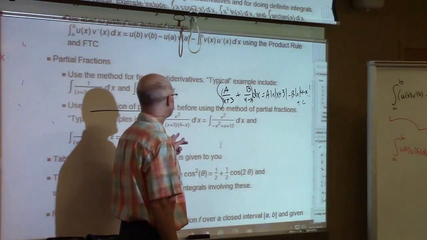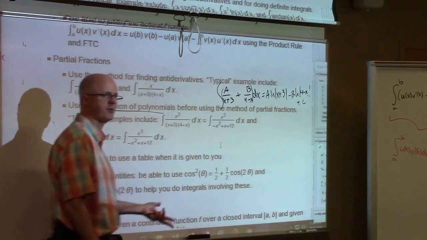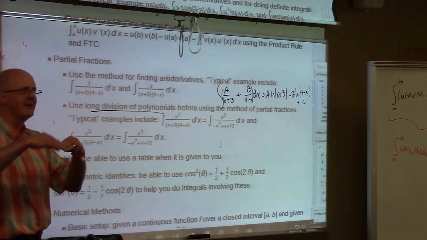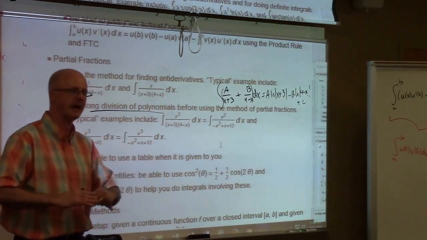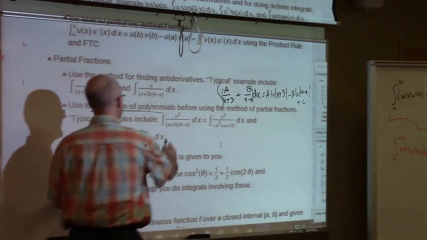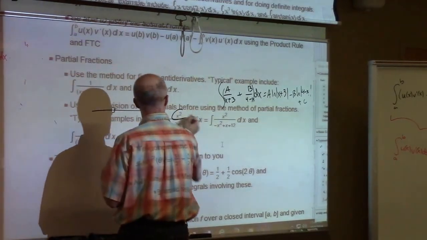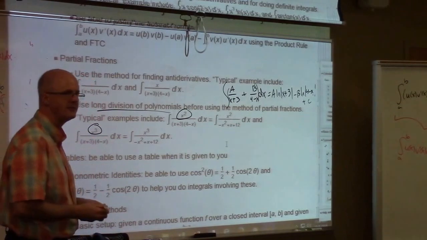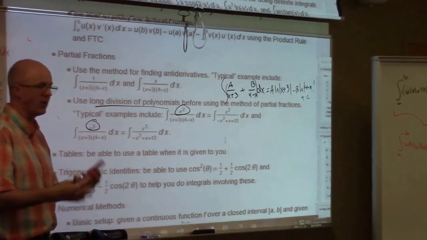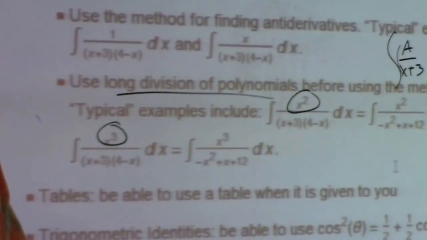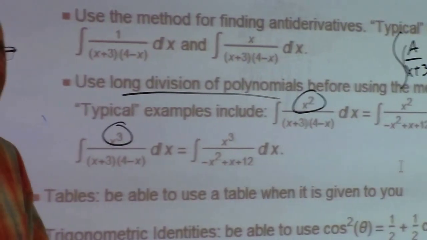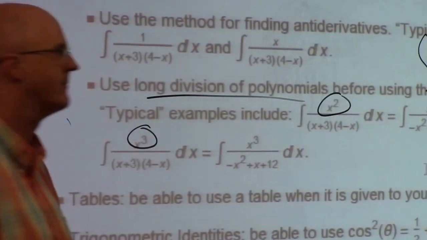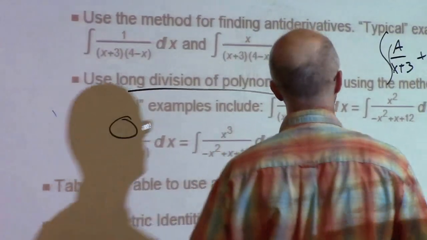You have to use long division before you do partial fractions if the numerator has the same or higher degree than the denominator. So in this example and this example, you've got an x squared and an x cubed on top. Degree equal to or greater than the degree of the bottom, which is 2. In those cases, you've got to use long division first before you try using partial fractions. For example, in this case,